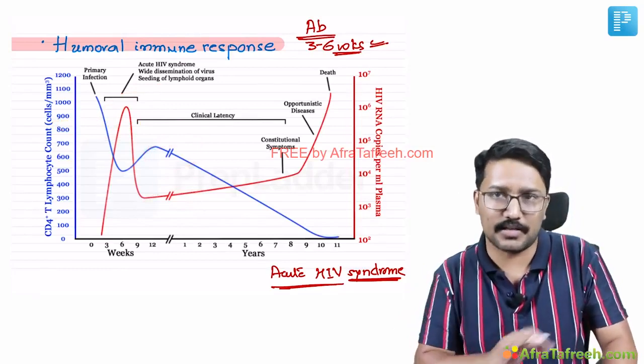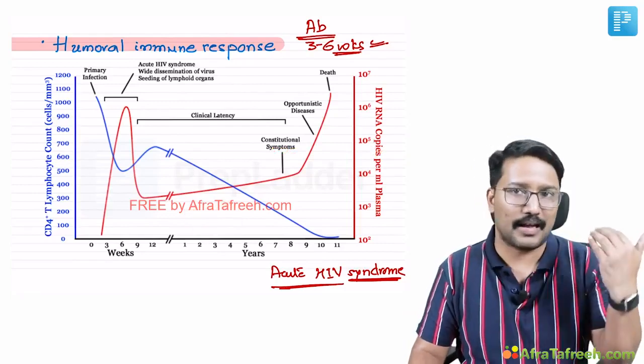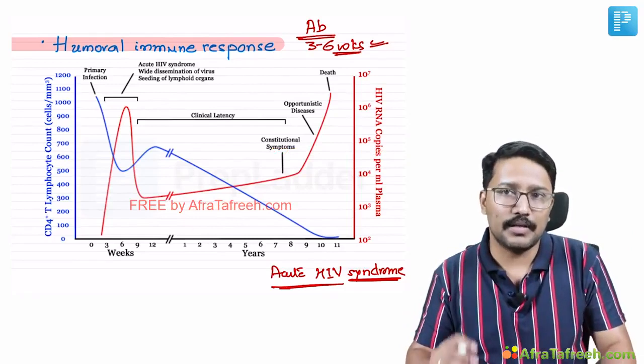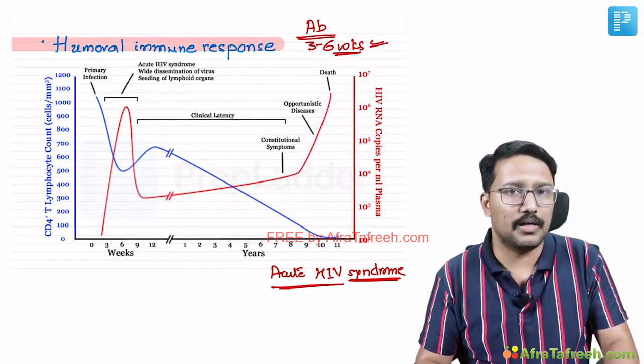Patient might remain in the latent stage for some time. It is usually 7 to 8 years at least. But as I've already told you, some can have a rapid progression, some can have a slow progression. But eventually what happens is this viral DNA, which is now an integral part of the human genome,